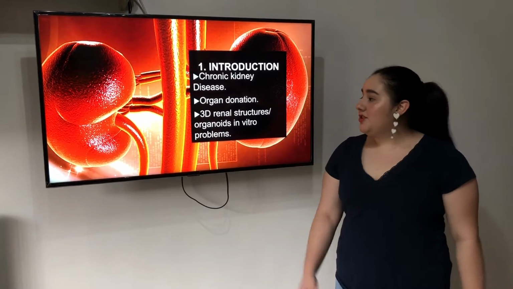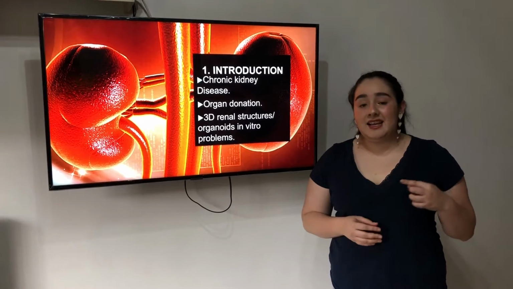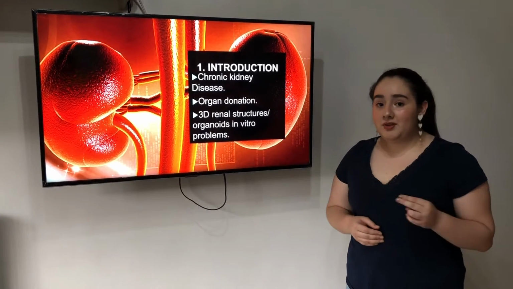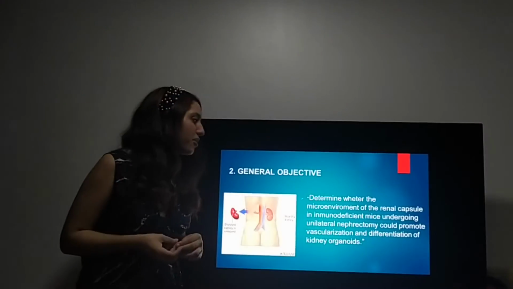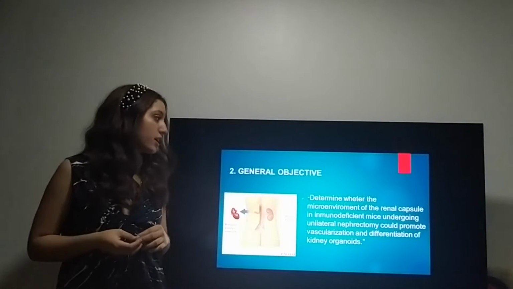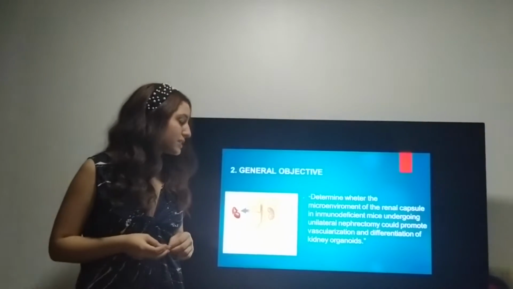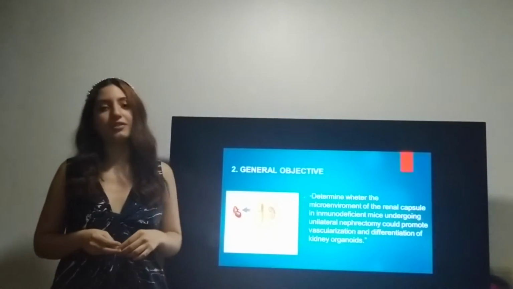There's another option, which is 3D renal structures, but it has two disadvantages. The first one is the nutrient supply, and the other one is the low degree of differentiation. The aim was determining whether the microenvironment of the renal capsule in an immunodeficient mouse undergoing unilateral nephrectomy could promote vascularization and differentiation of kidney